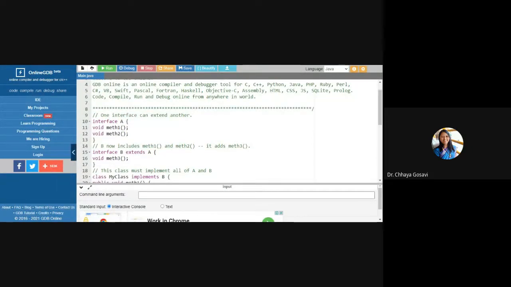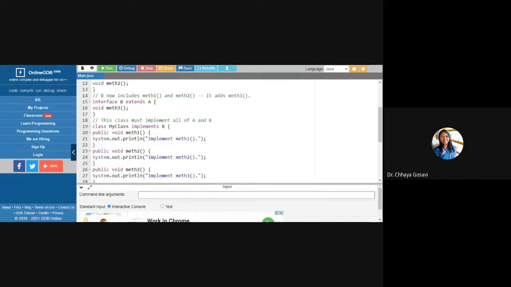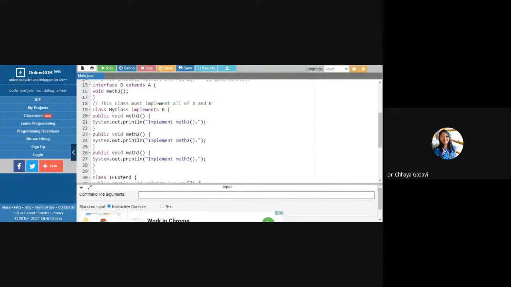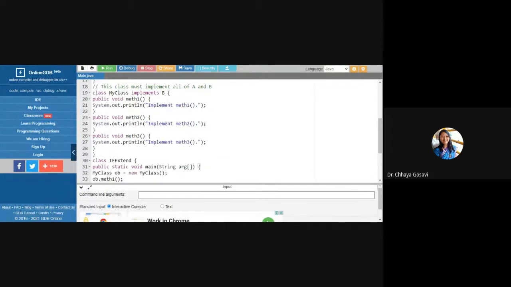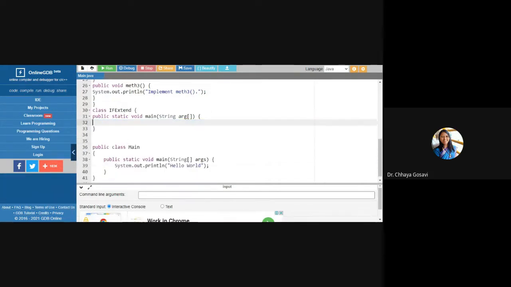So interface A has two methods, meth1, meth2. B has meth3. Class MyClass implements B, so it has to implement all these three methods, and in class Main, you have to create an object and call these three methods.